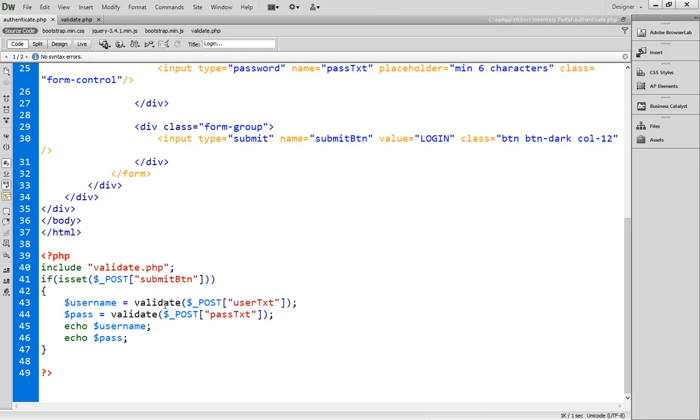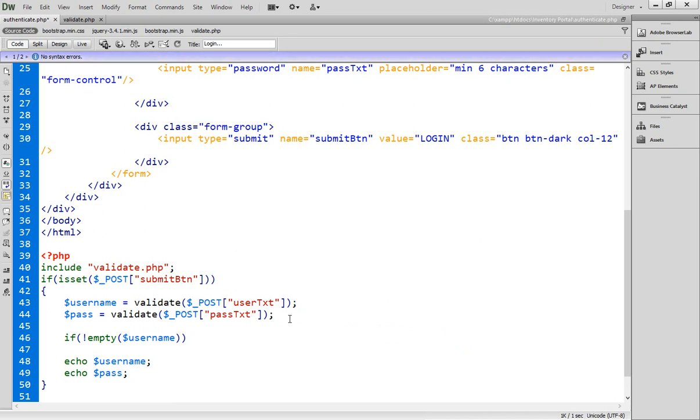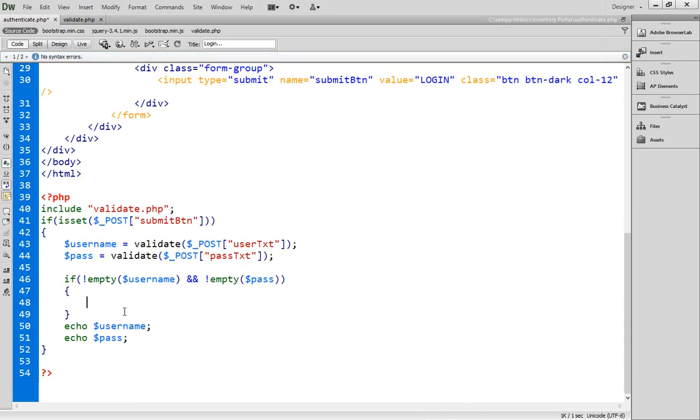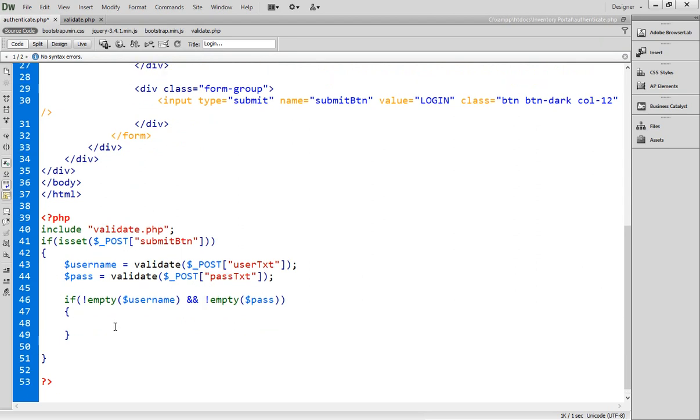Now the next step is, after validation of the text, we can specify the PHP filters also. Let me show you how. Let's say $username, and I wanted to make it more perfect. So first I can check if empty, and you can specify your username and make it not. So if the username is not empty, that means the variable is not empty, and $password is not, sorry, you can write something like this, empty, and close this. So if both username and password are not empty, then come inside and display the result. Otherwise,